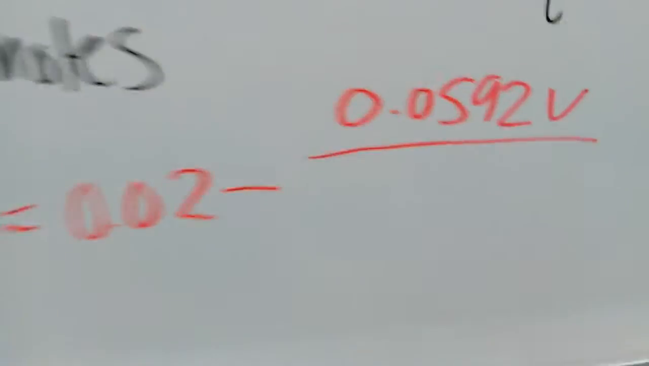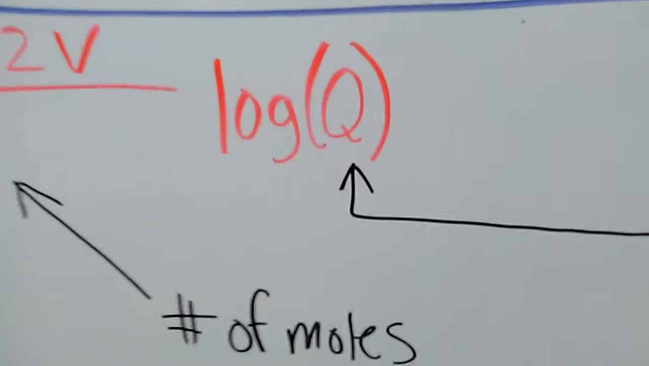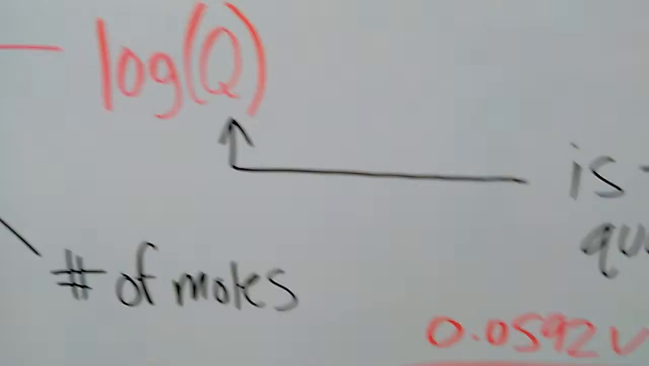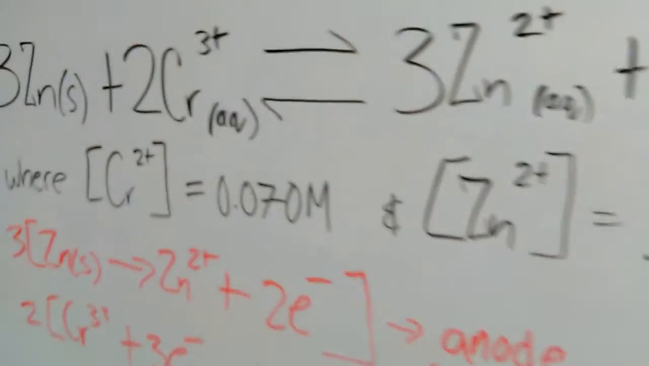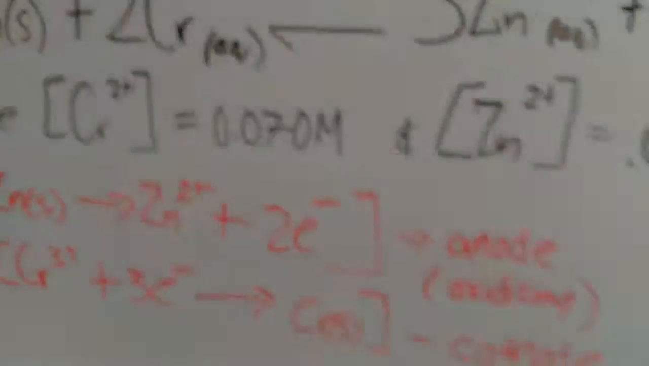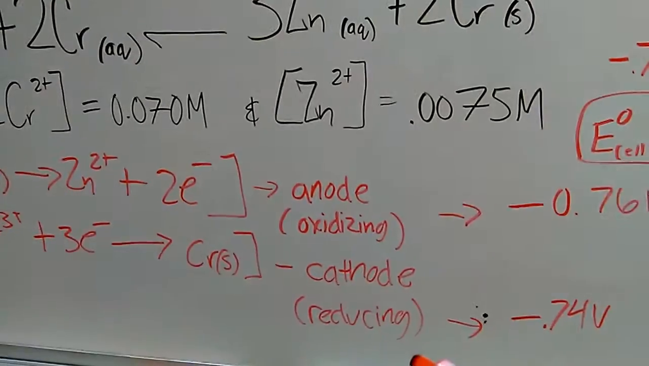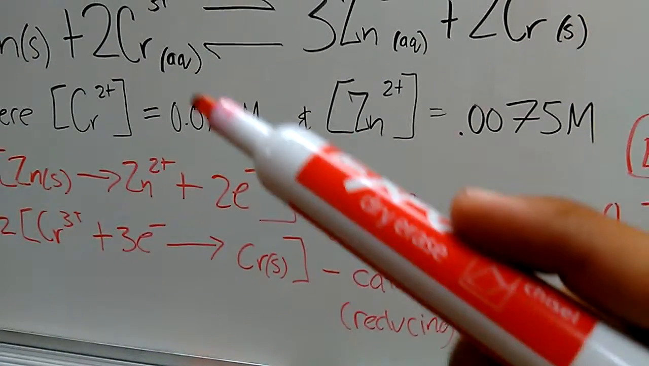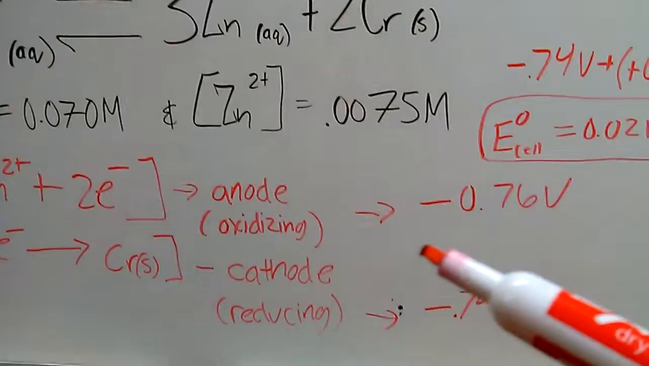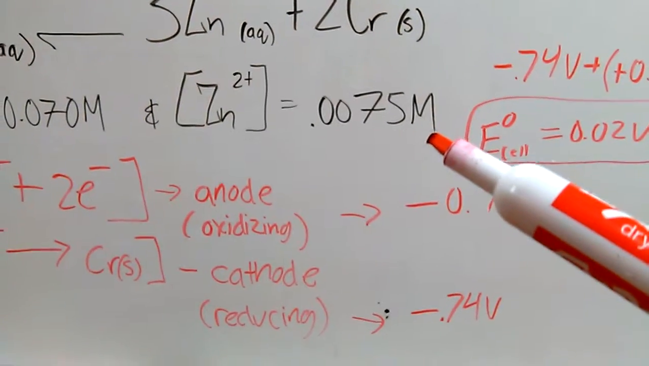So here you're going to put your 6 right in, and now you're going to use your log Q, which is the reaction quotient. It's going to be multiplied by log Q, and remember your anodes over your cathodes. But when you look here, everything's already provided for you. So we know that our cathode is going to be our chromium, which is 0.070 molarity. Our anode is 0.0075